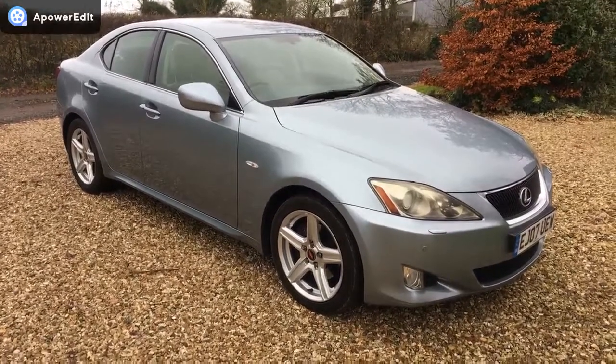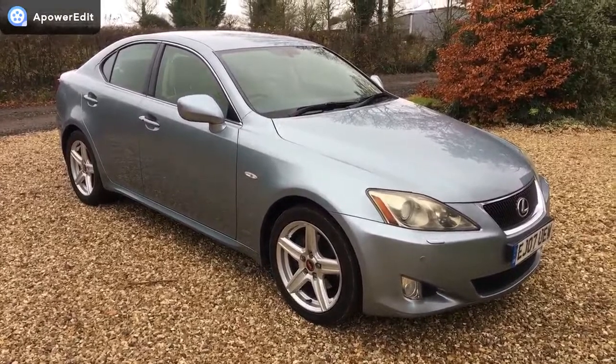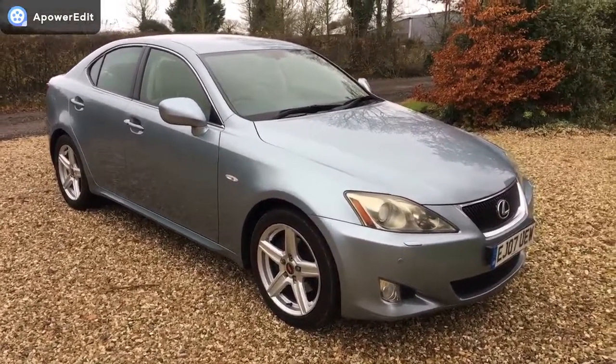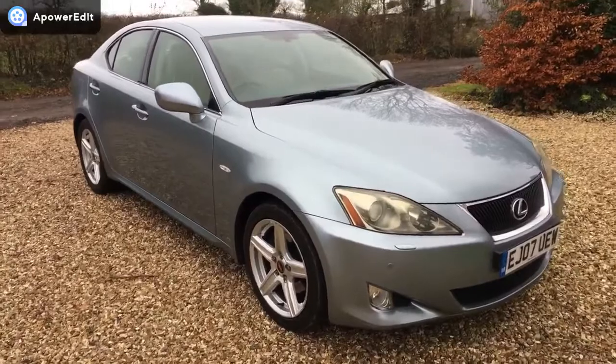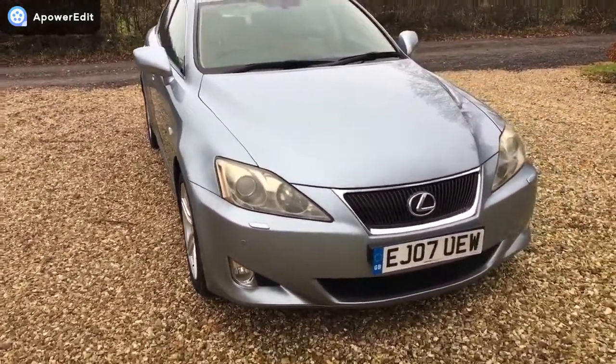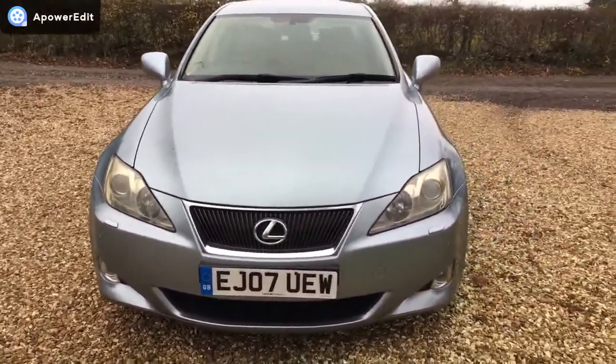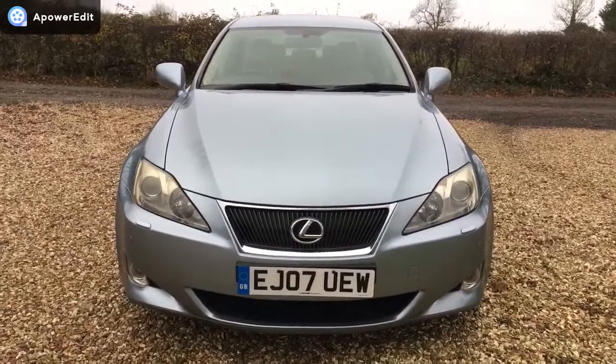Right, this is a quick walk around video, and this is for a Lexus EJ07UEW. This is the SEL model, 2007 car as you can see here, and this one's covered 41,000 miles only. Absolutely beautiful example. Been fantastically well looked after by the owner, not only mechanically but also in terms of